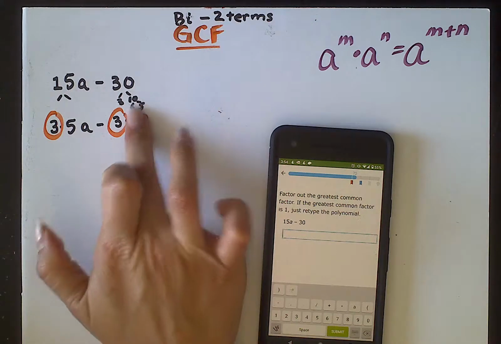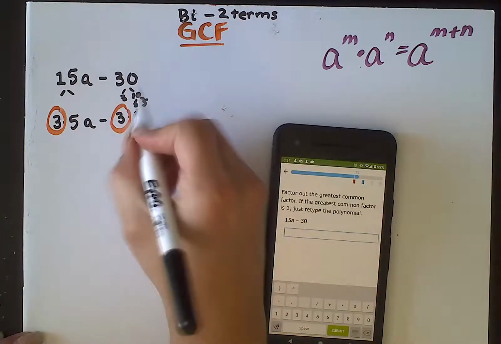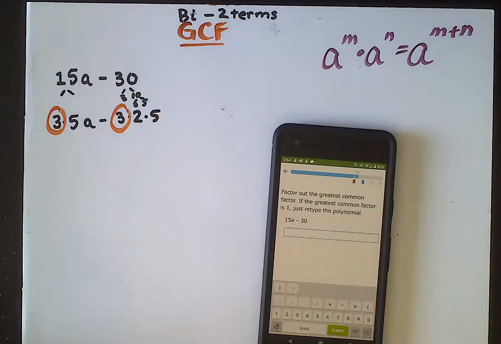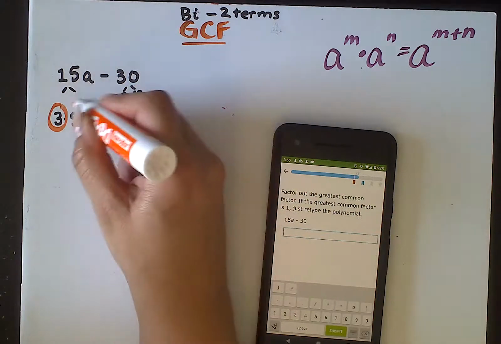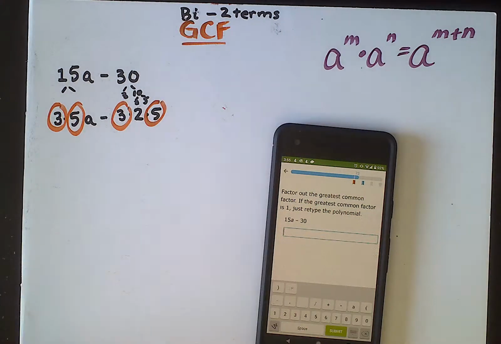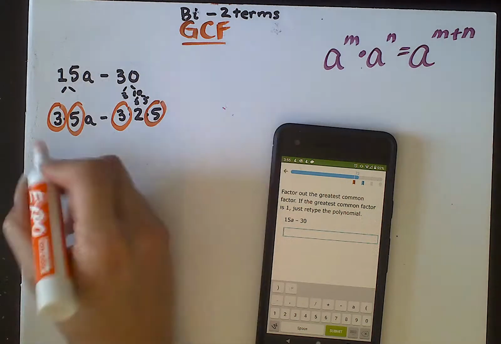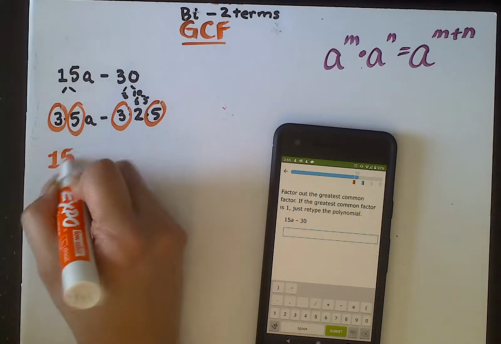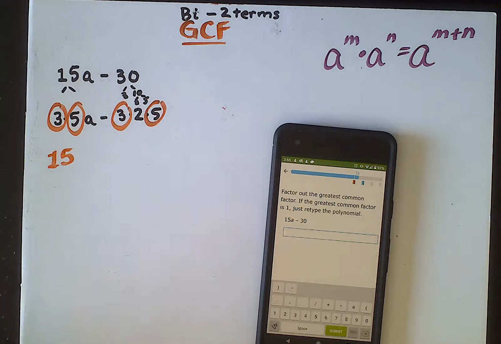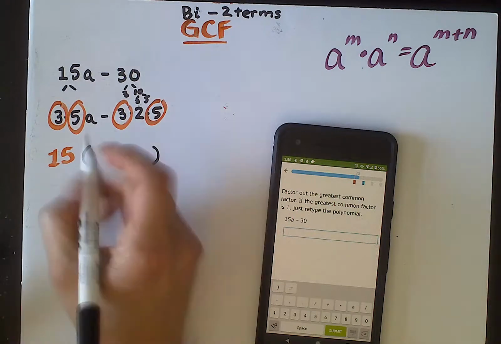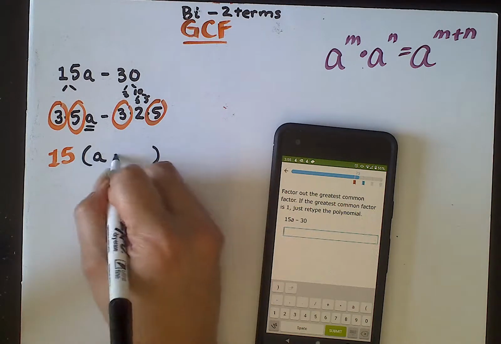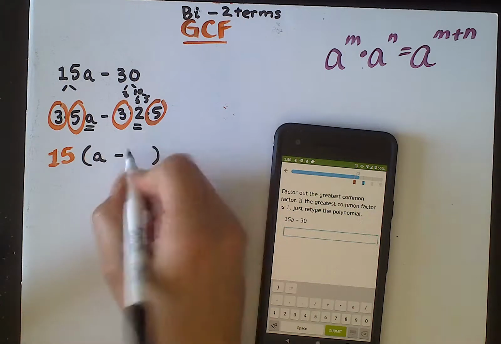Oh, wait, actually, scratch that. I should put the 2 times 5 because actually, no. Oh, man, I tell you, today's just one of them days. They also have a 5 in common. Hello, duh. So that means that my GCF would be 3 times 5, which is 15. Gosh. Now it is a binomial again, so that means I'm going to have two terms here. That should be a minus 2.